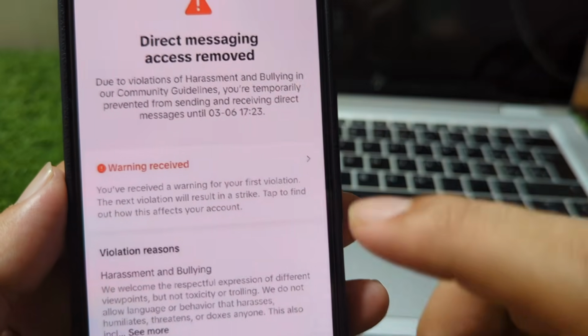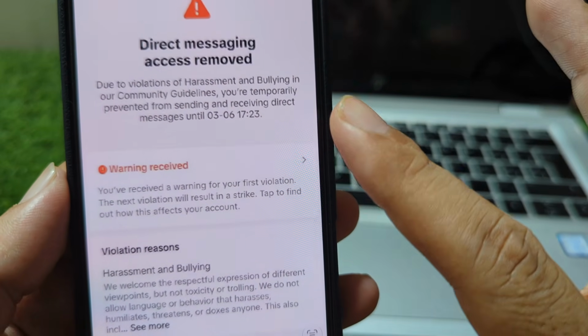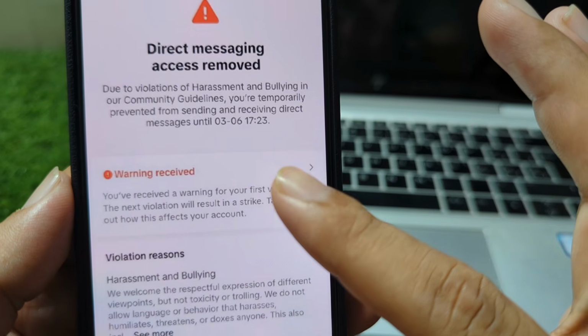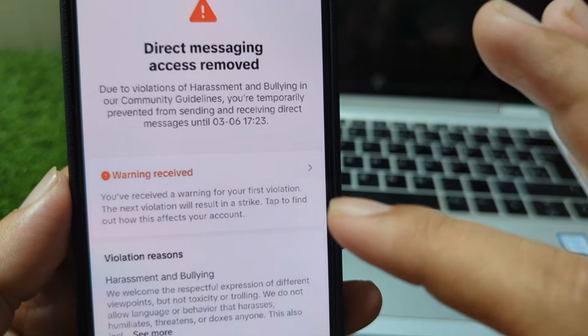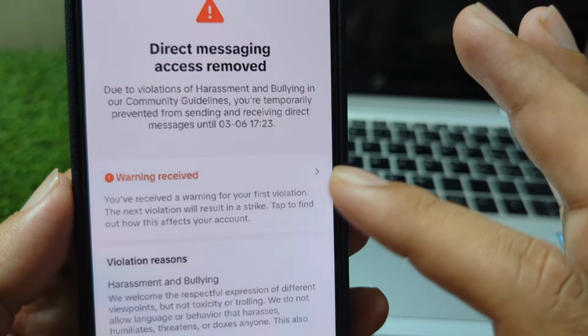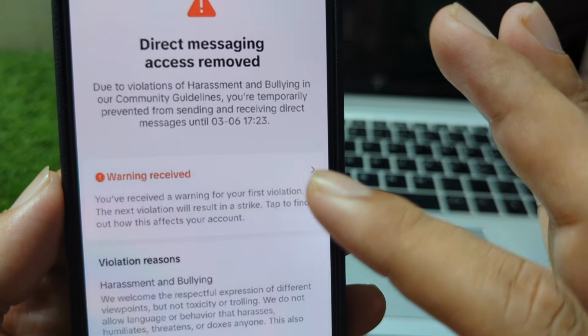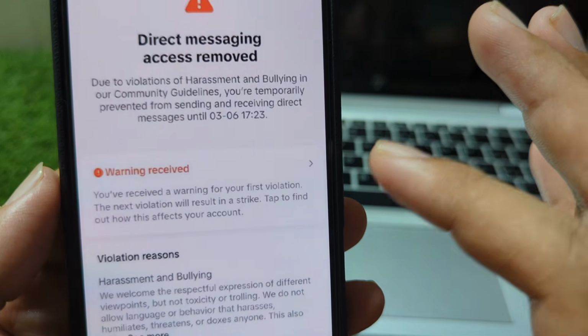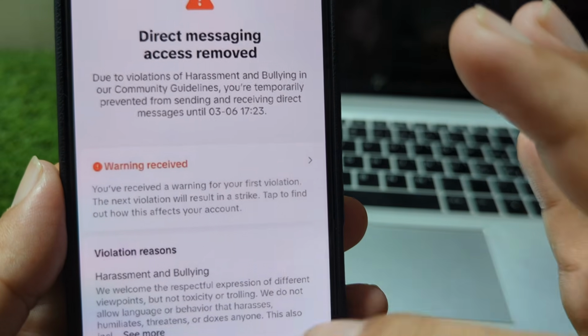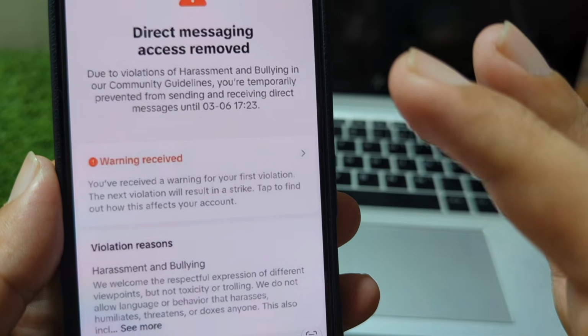So guys, the very first solution for this problem is that you have to simply make an appeal from here, and after this you have to simply explain your problem in a brief way, that you have not violated any community guidelines on TikTok, but you're facing this issue and you're unable to send or receive messages. So guys, do this and check if the problem is fixed or not, and if the problem is still there,